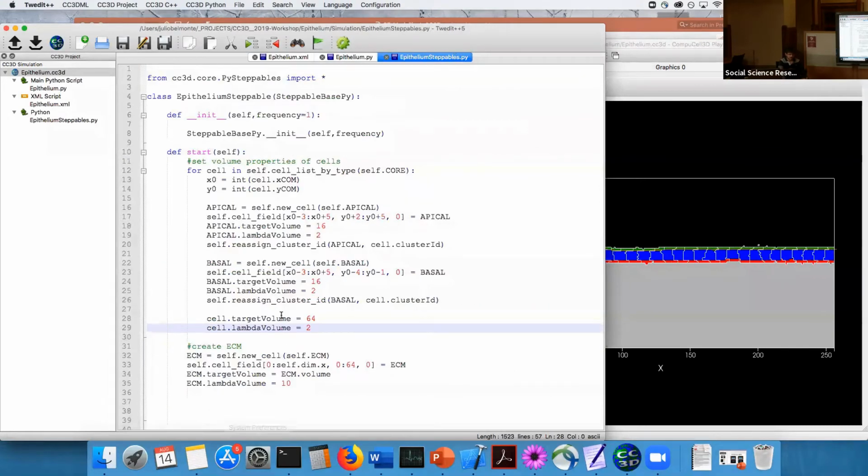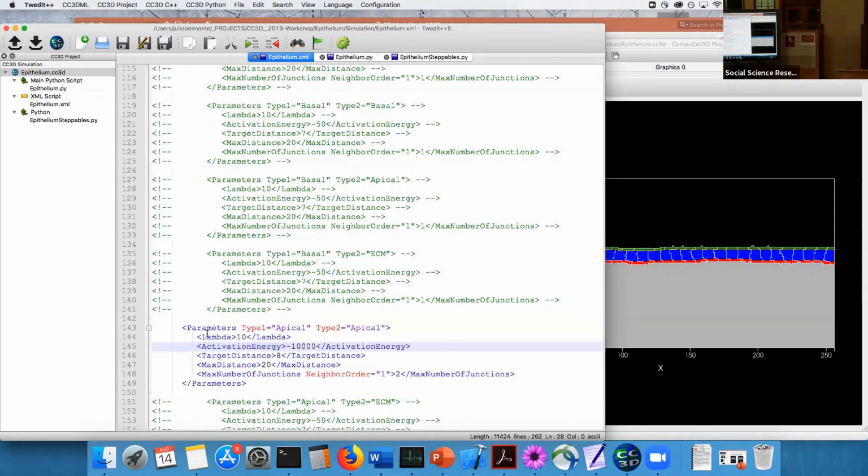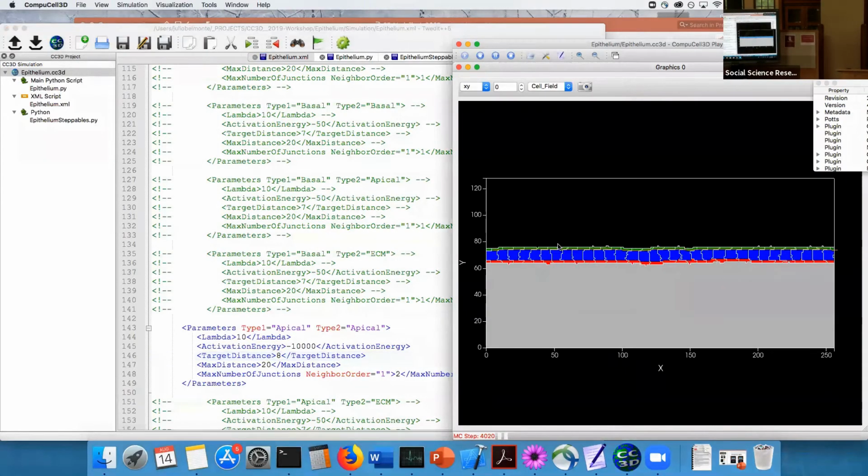I accidentally commented something here. That's why there was an error in my simulation. But here I make it very easy to create those links. So make activation energy to be minus 10,000, target distance 8, and maximum number of junctions 2. So now every apical side of the cell is linked by